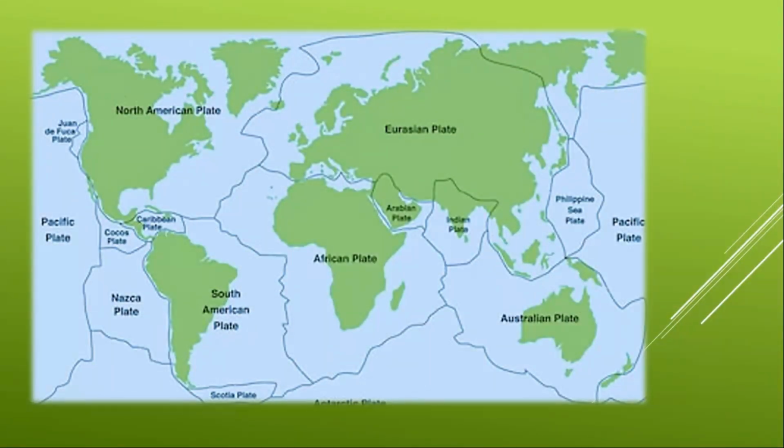So children, we have seen the earth crust is made up of 7 major and 7 minor plates. The 7 major plates include the African plate, Antarctica, Eurasian plate, North American plate, South American plate, Indo-Australian plate and Pacific plate. Some minor plates include Arabian, Caribbean, Scotia and Nazca plates.